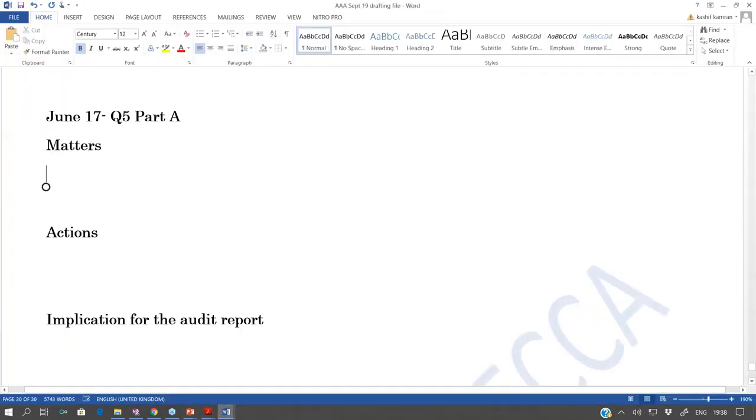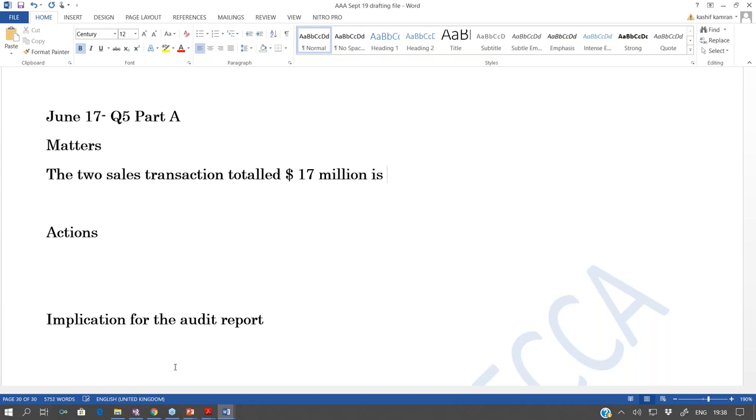Firstly, you will tell the examiner that the two sales transactions totaled $17 million. Can you first divide this by revenue? $17 million by the revenue 1437? Okay, wonderful. $17 million is 1.18% of the revenue